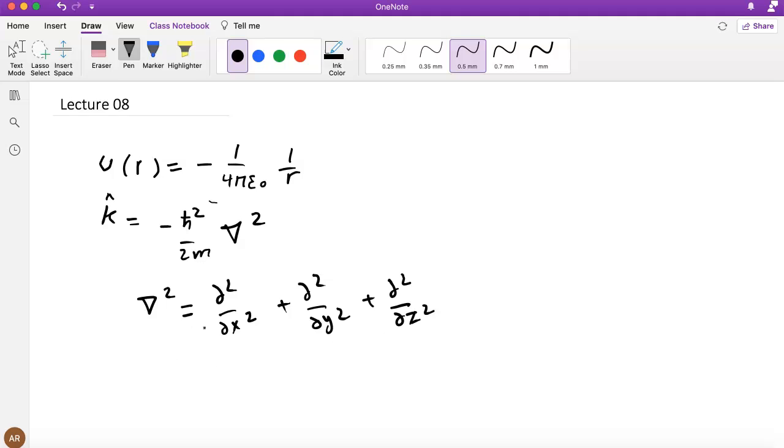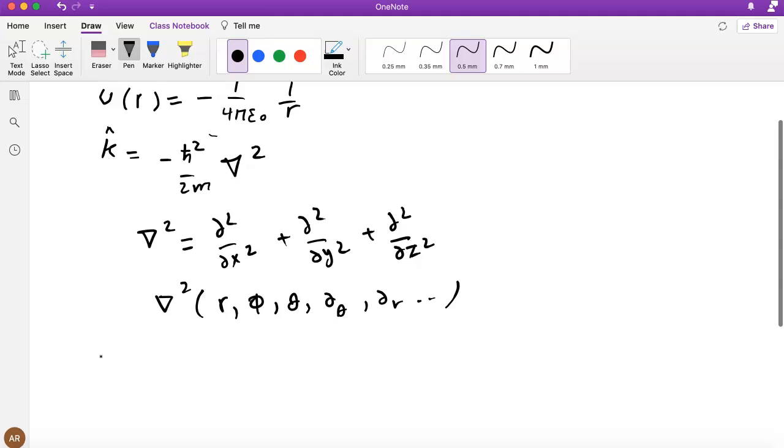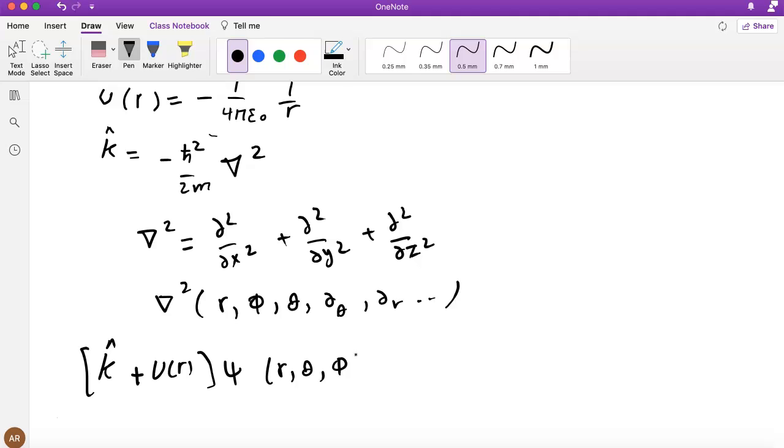It can also be represented in spherical coordinates, so it depends on r, phi, theta, and various derivatives with respect to these things. So we had an explicit form, and the idea was that the solution to the differential equation K plus U of r, this operator acting on some wave function that depends on r, theta, and phi,